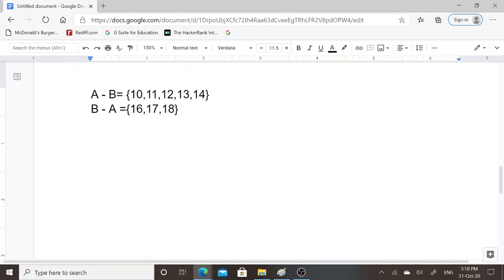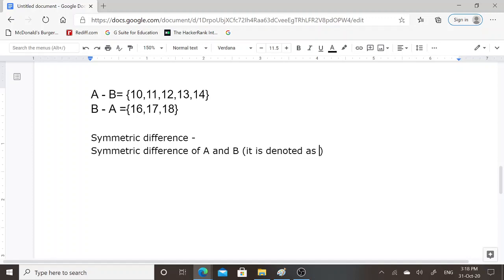Next set operation is symmetric difference. Symmetric difference of set A and set B is denoted as set A symmetric difference set B. It is also considered as the ring sum operation.